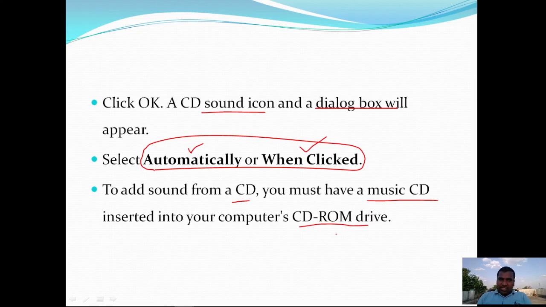If it is a music CD, then you can enter the track numbers. Then based on the number of tracks we have selected, the total duration of those tracks is going to be calculated and they are going to be played while performing the presentation. So depending on the action you have chosen, whether automatically or the when clicked option.